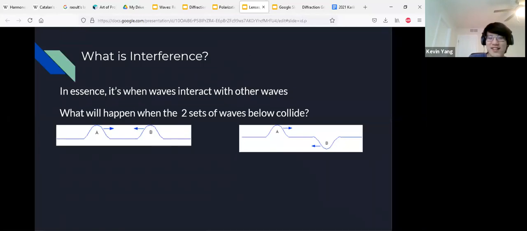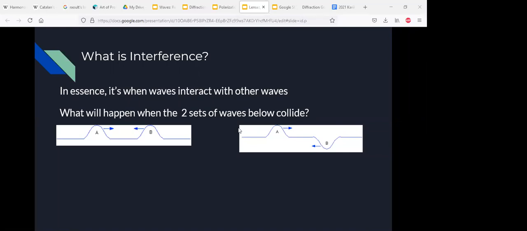So does anybody have any guesses what will happen if we have these bottom things? So on the left, we have A and B that are going towards each other and they're on the same side. And on the right, we have A and B that are going towards each other, but they're kind of upside down to each other. So does anybody have any guesses? The first one where A and B are going to each other are going to cancel each other out, or just stop. And the second one, they're going to keep on